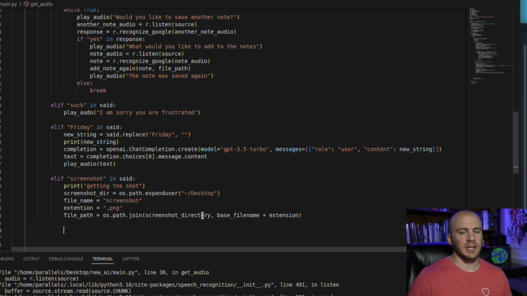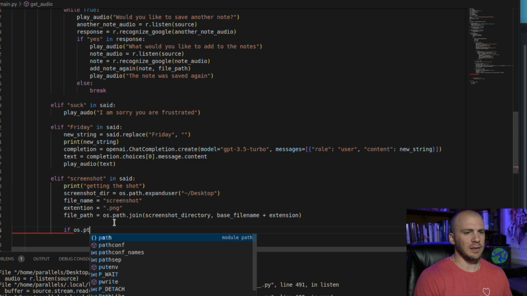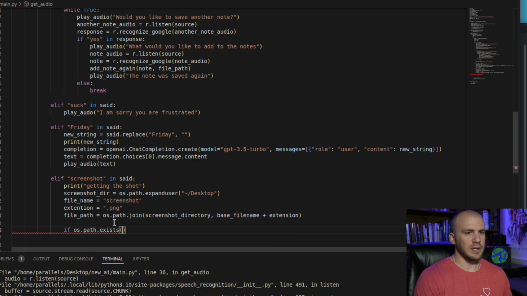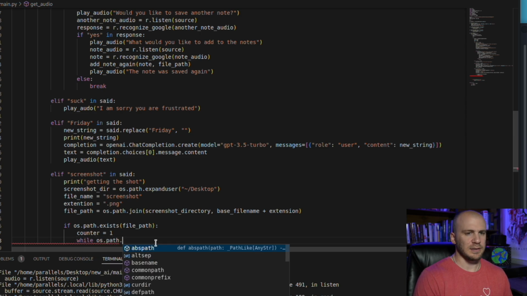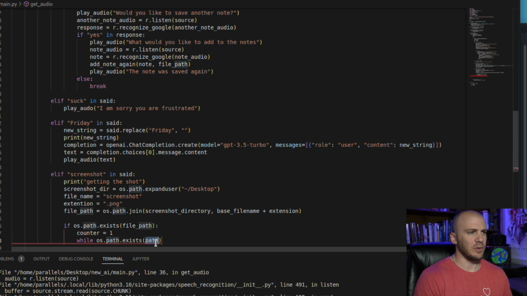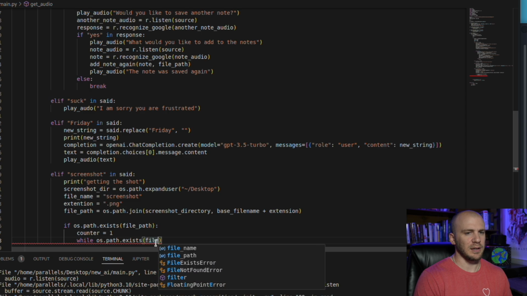So now we want to make sure, like if we want to do multiple screenshots, that it needs to check this file name, and if the file name is the same, we want it to save an additional file. So if we say screenshot on one tab and then we go to a different tab and we say we want to screenshot this for our notes, it will overwrite that previous screenshot if we don't add in an if statement. So we're going to say if os.path.exists with the file path, then we're going to add a counter, and we're going to say counter equals 1, and while os.path.exists, then we are going to delete the path, and we want to say the file path.